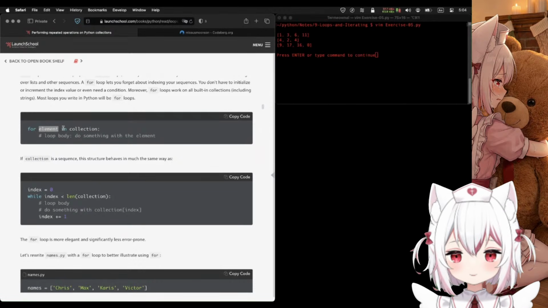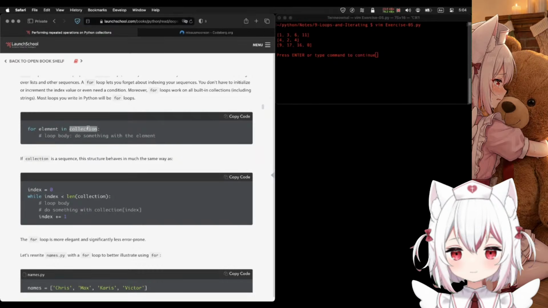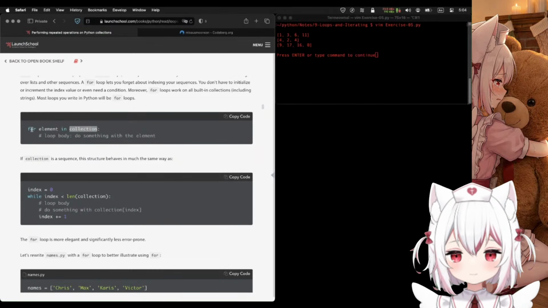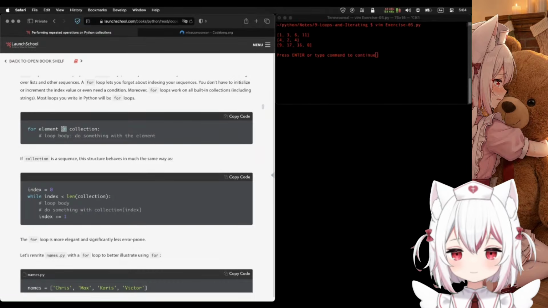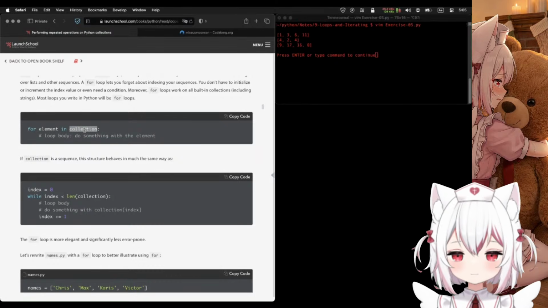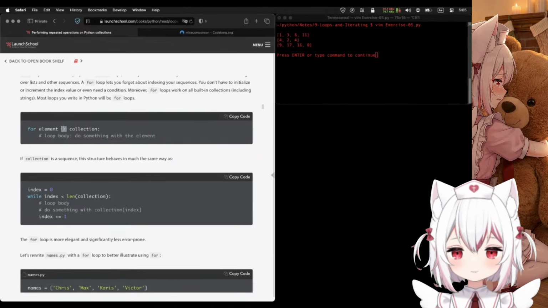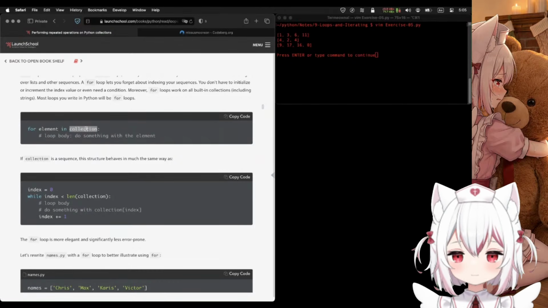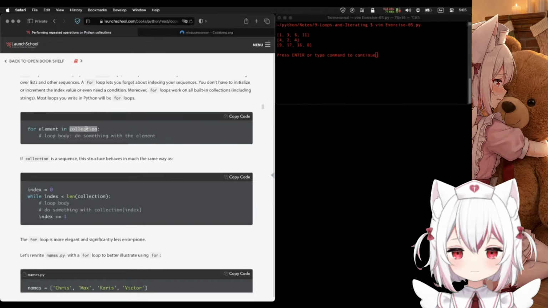For value in list 1, or value in list 2, or value in list 3, or value in my list, if